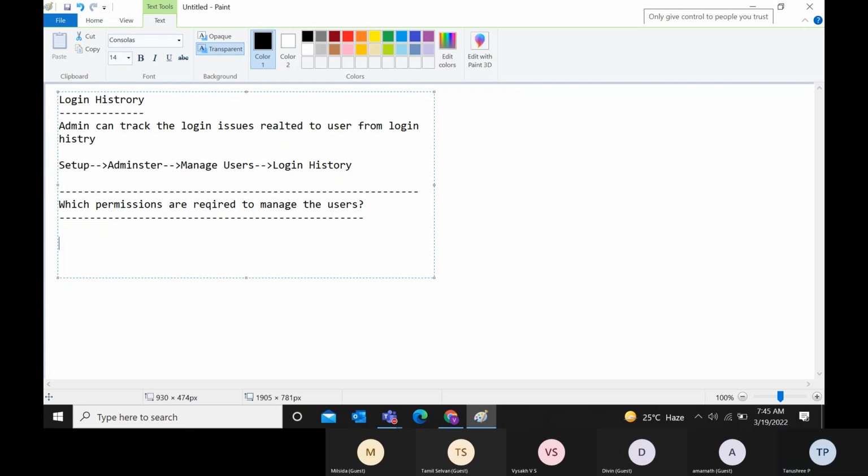So all possible permissions I will list out. Number 1, Manage Roles permission. What it will do if you enable this permission,